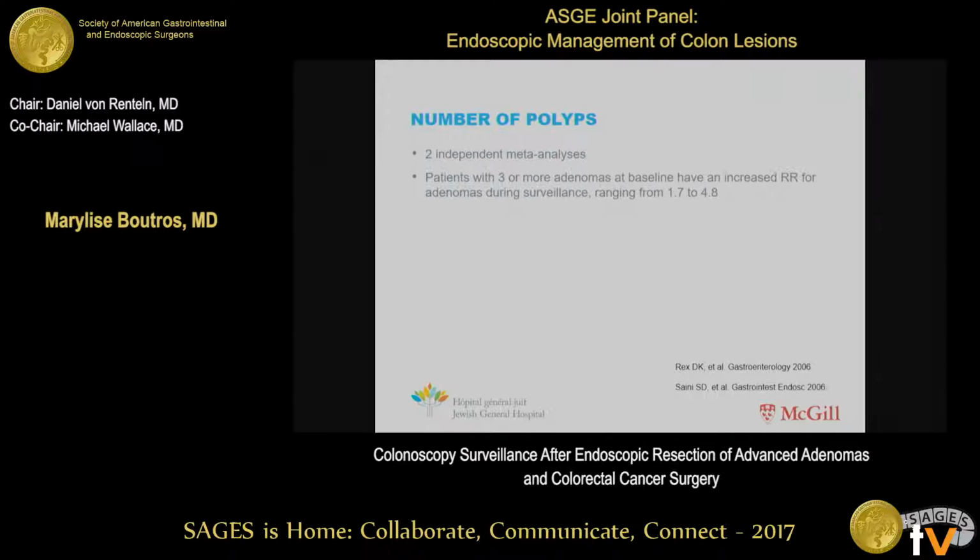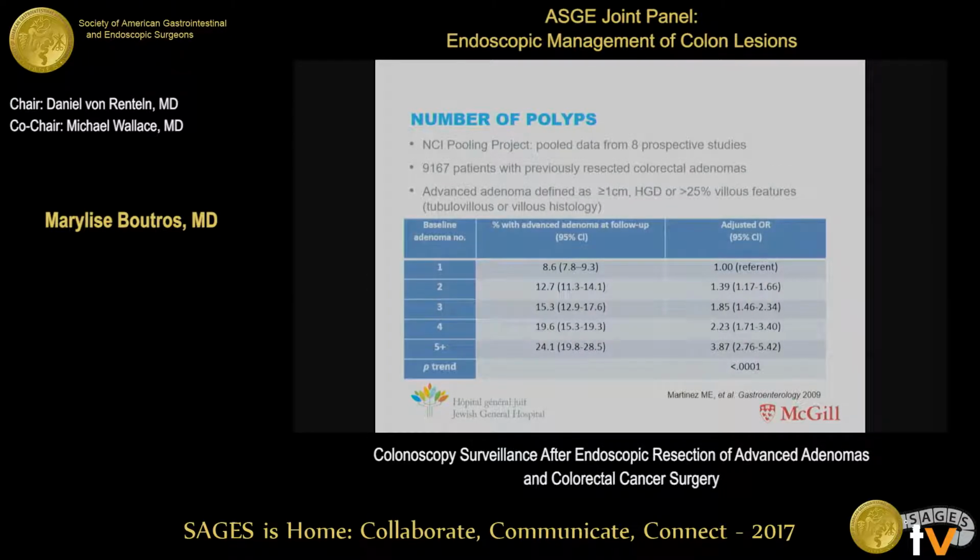So let's look at each of these individually. The number of polyps, which we don't tend to think of when we think of advanced adenomas, but the guidelines are all clearly looking at all 3 features. So for number of polyps, patients with 3 or more adenomas are definitely at an increased risk of more polyps on surveillance. And the National Cancer Institute pooling project, which actually took raw data from 8 prospective studies accumulating in over 9,000 patients, defined advanced adenoma as greater than a centimeter, a polyp with high-grade dysplasia or villous features of greater than 25%,